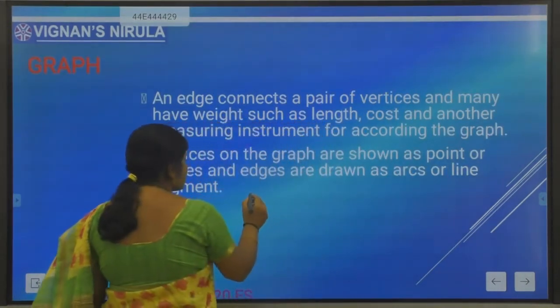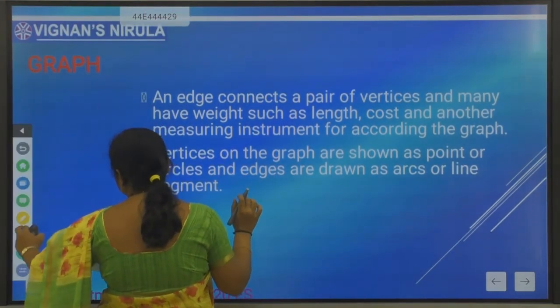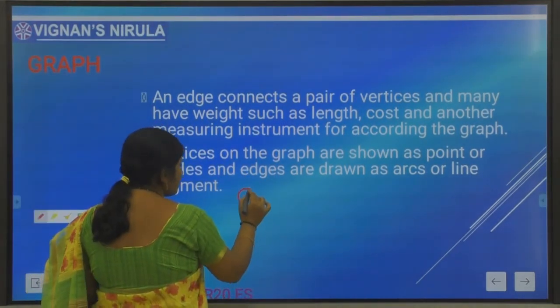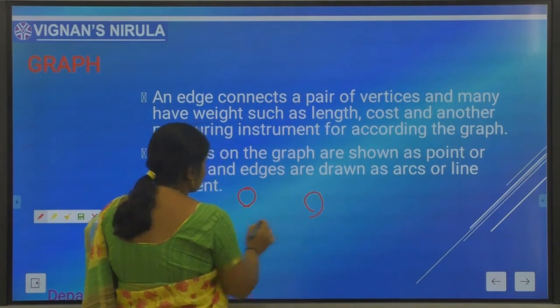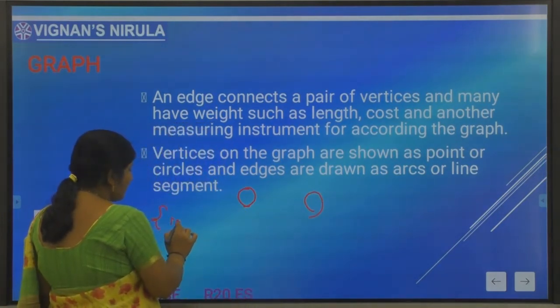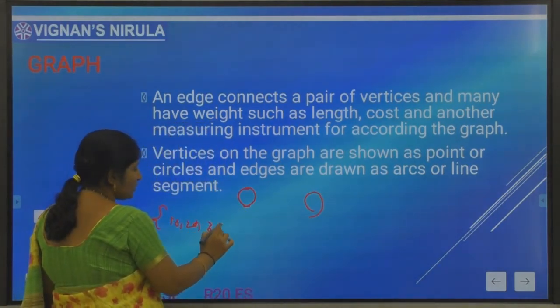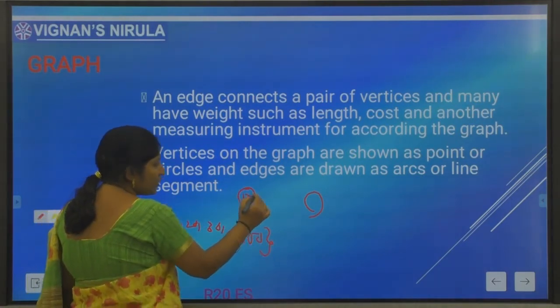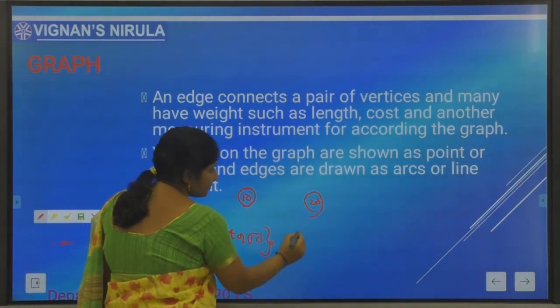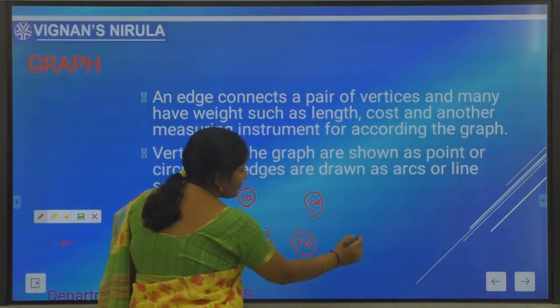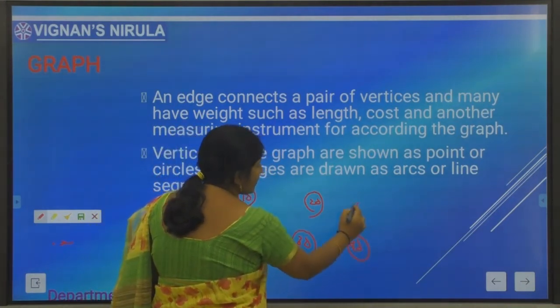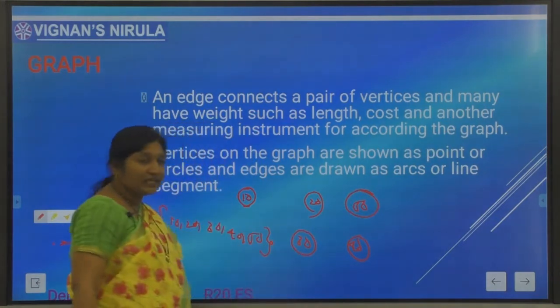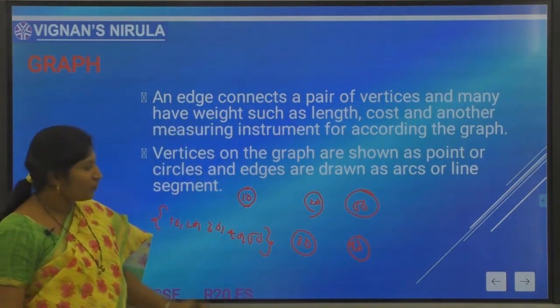The elements in the given graph are represented by vertices. For example, if I have the elements 10, 20, 30, 40, 50, for each and every element I will draw one vertex. Normally a vertex is represented by a rounded circle: 10, 20, 30, 40.